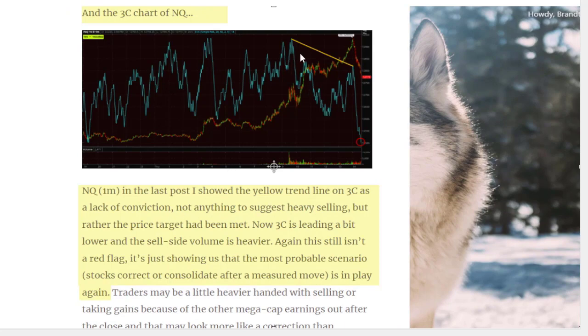Again, this isn't the kind of thing that tells me we have a big problem here. This just tells me that we're not seeing strong buying conviction over here, and prices are likely to correct or consolidate. And you can see 3C is even leading lower at this point. And I think this will be